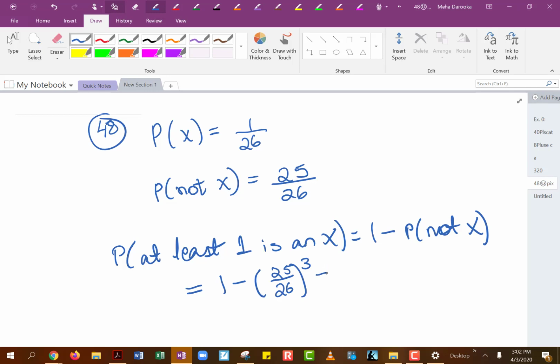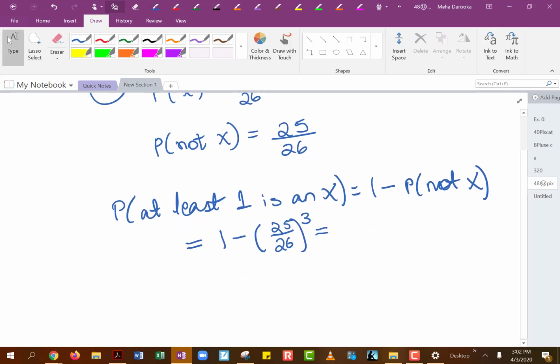And so this calculation, if you go through that, actually comes out to be